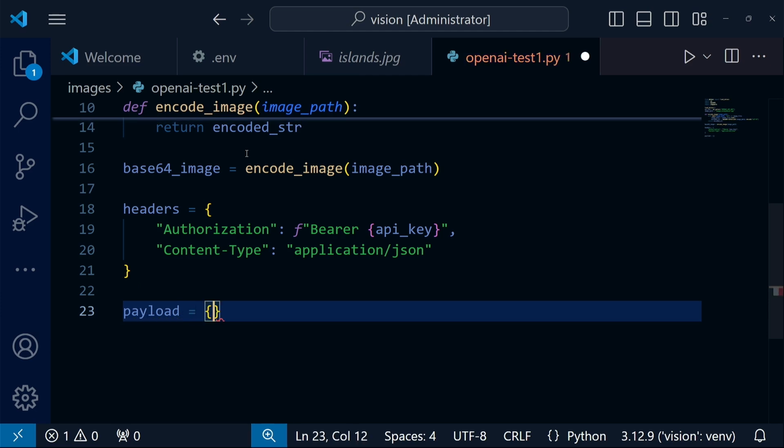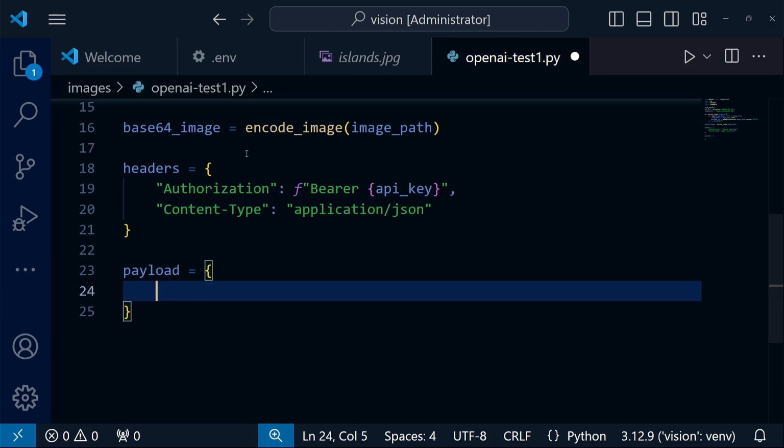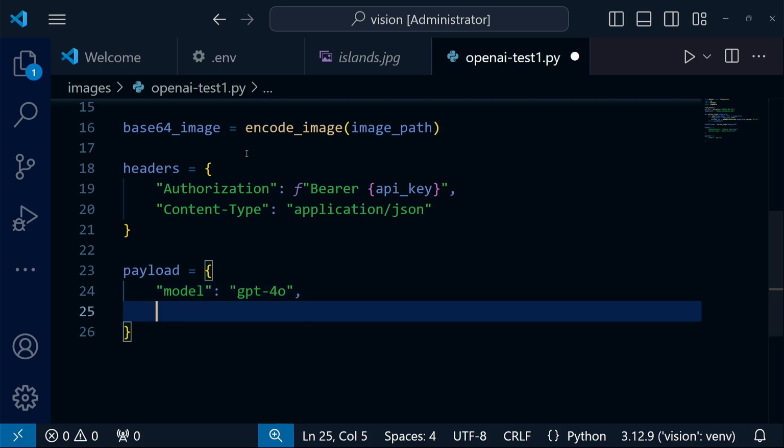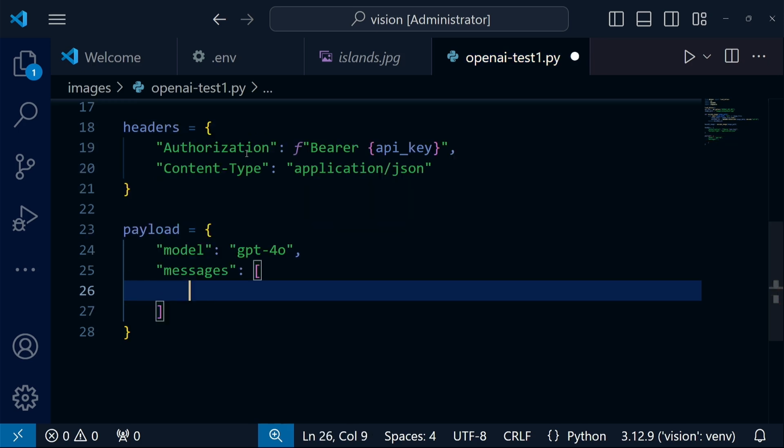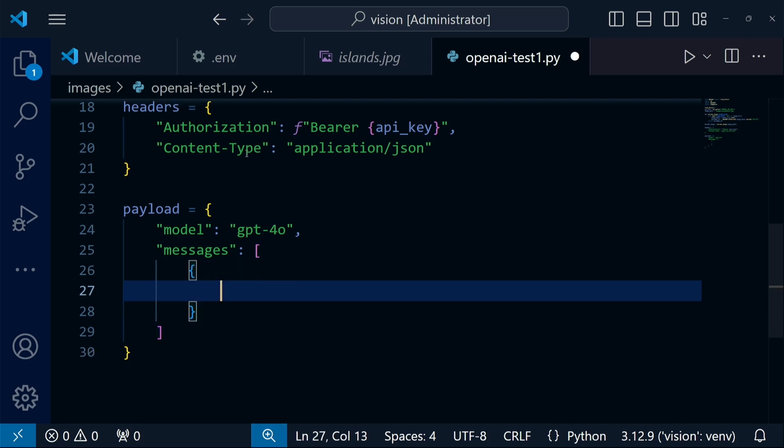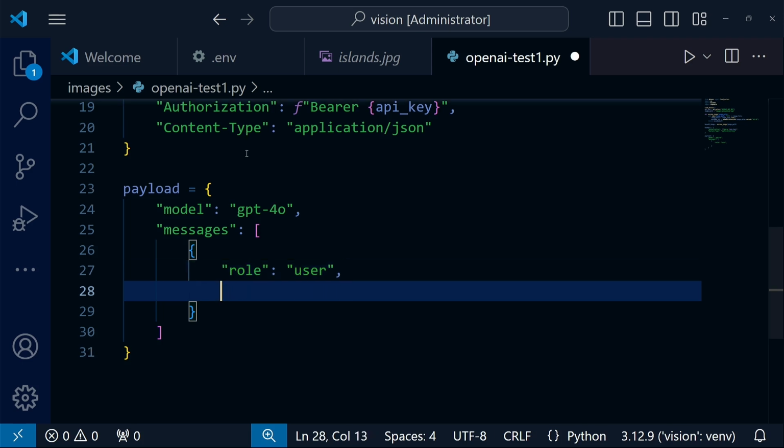I will use it later when I call the API. For now, I still need the content of the call. So I'm defining the variable payload, also as a dictionary, although its structure will be more complex. First, the model. It will be GPT-4o, which is multimodal and can read images. Next, the most important thing in the world of communication with LLMs: messages. Messages are an array of dictionaries containing the conversation history. Therefore, each message contains a role and content. Our case is simple because we only have content from the user and do not anticipate a longer conversation.